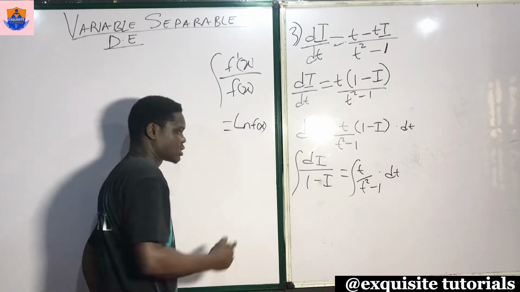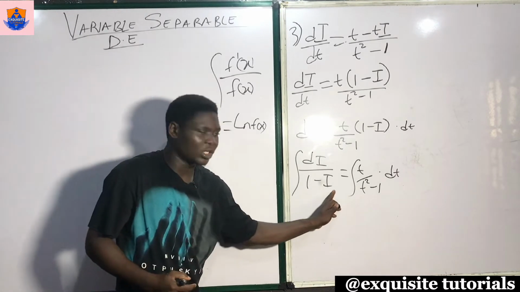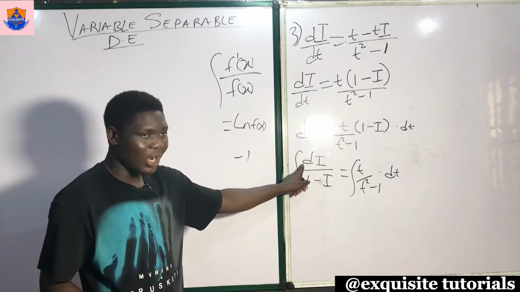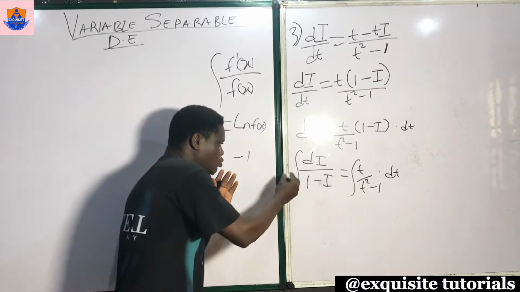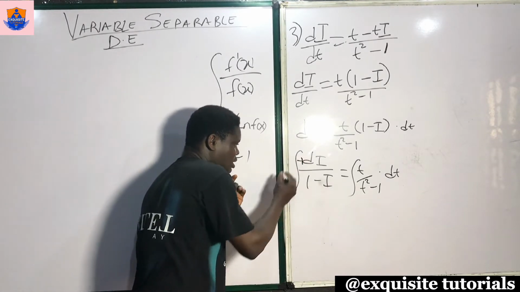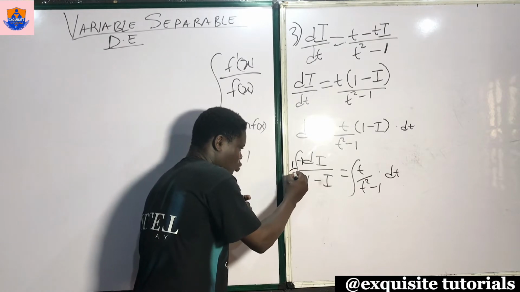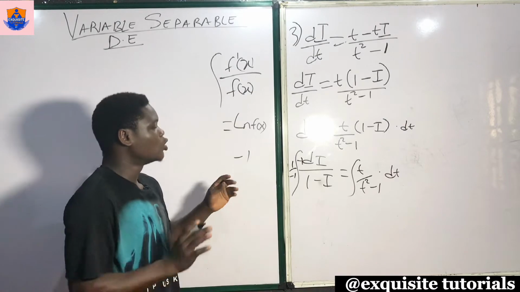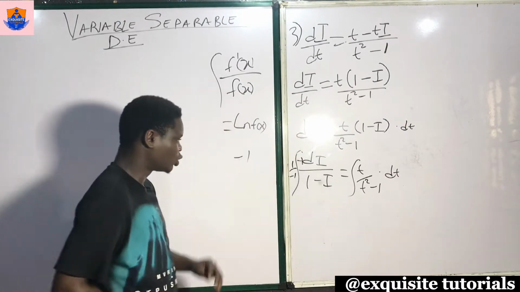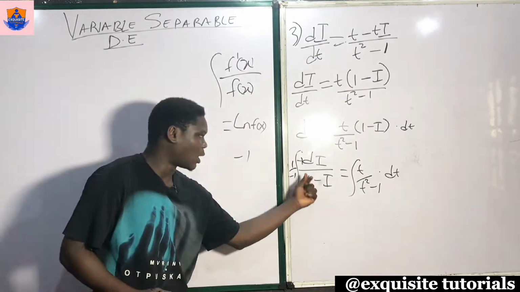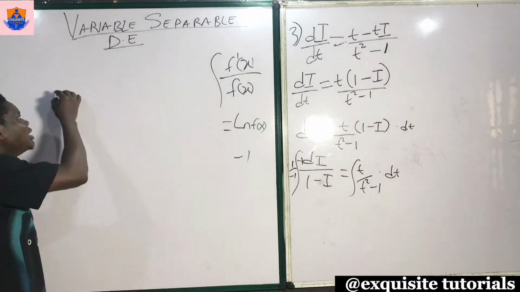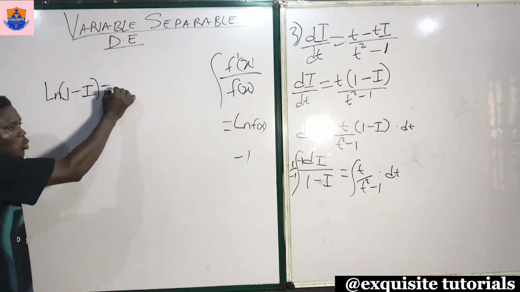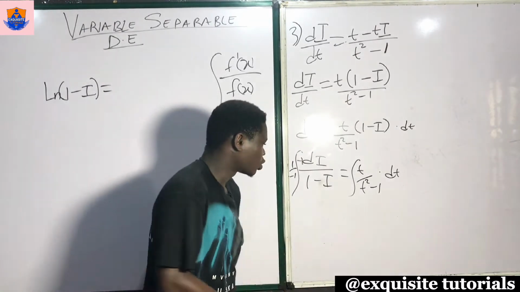Now when I differentiate this function at the denominator, I'll get -1. But at the top, I just have 1. So I have to manipulate and put this -1 here and put over -1, so that this -1 can cancel out, you still get 1. So it's as though I did not alter this equation. Now when I differentiate this now, I'll have -1. So I can now say it is ln 1 minus I equals,